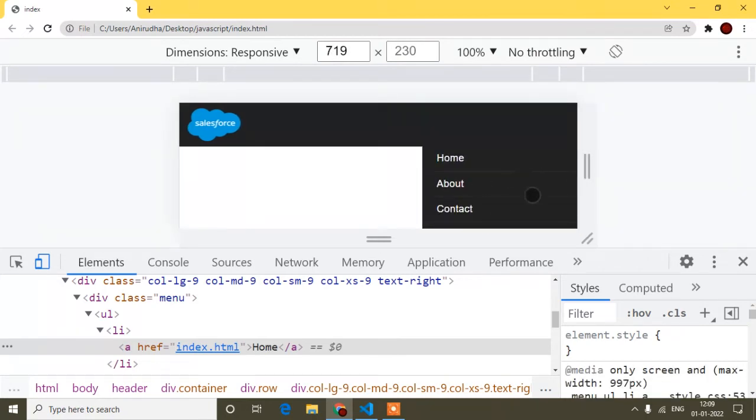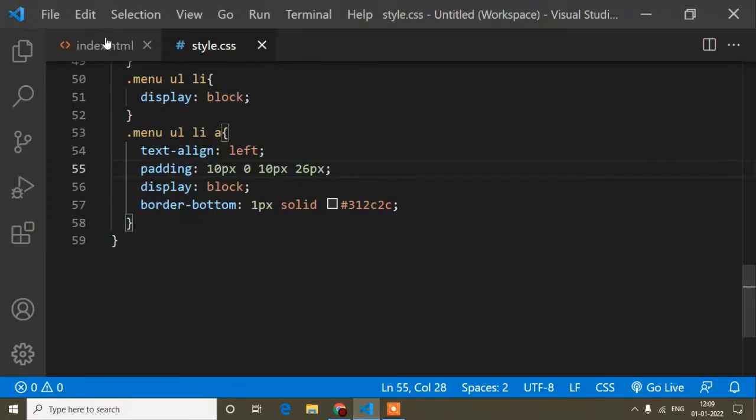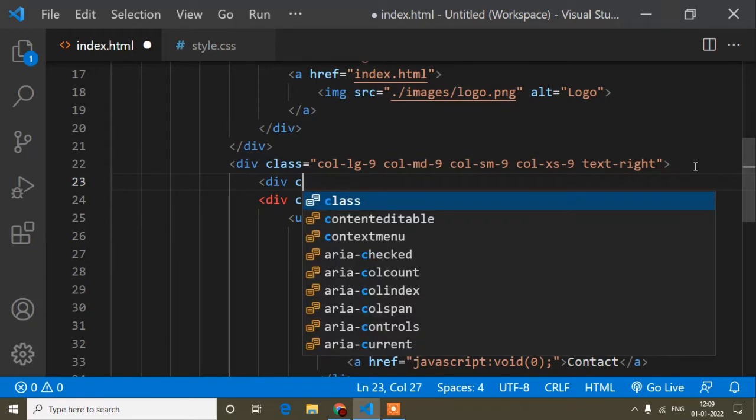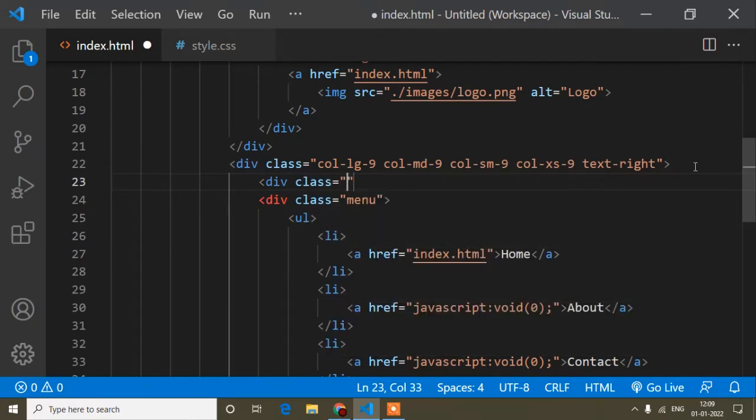Okay, but guys, one more thing here. By default this menu is open, but it should not be open. Here it should be a button, and when I click this button, at that time this menu should open. So what I will do is go to the index. Outside this menu I have to create a button, and I will create an animated button. Okay, that will be more interesting for you. So just watch this one, don't skip this part.